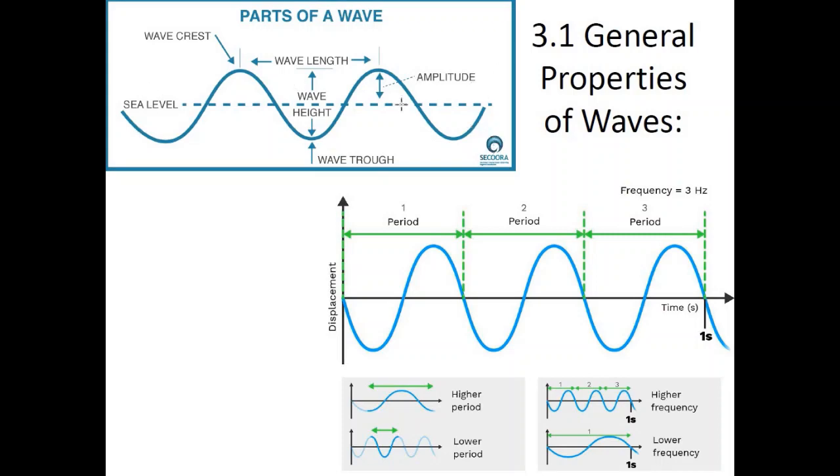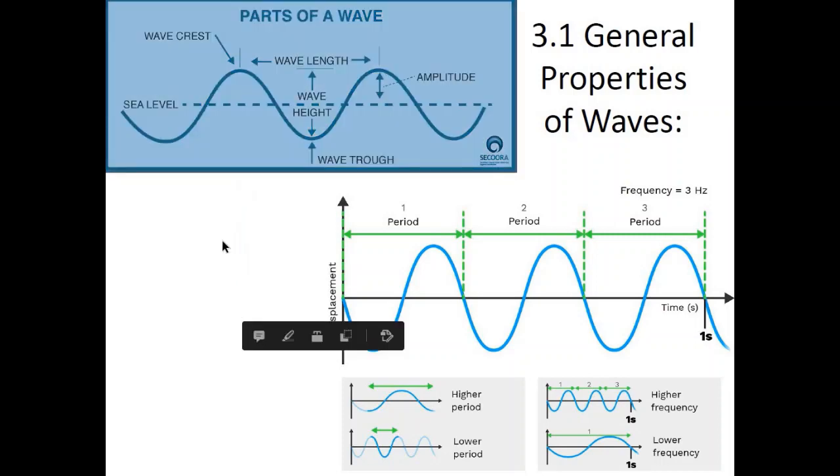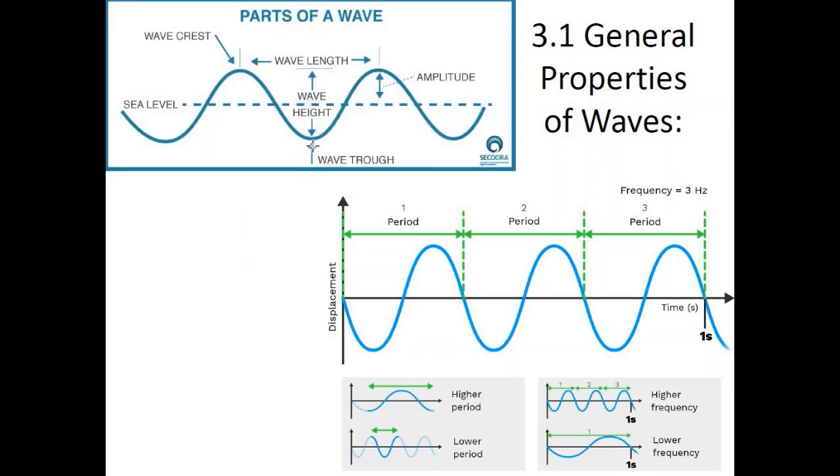As you can see in the images, this is the mean position, or the normal position, whereas the distance a wave rises from the normal position is known as amplitude. The distance between one crest and another crest, or one trough and another trough, is known as a wavelength,